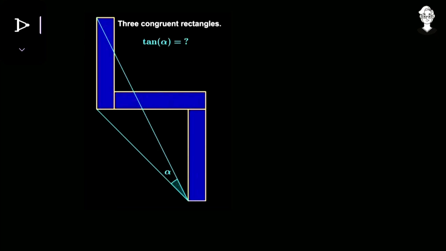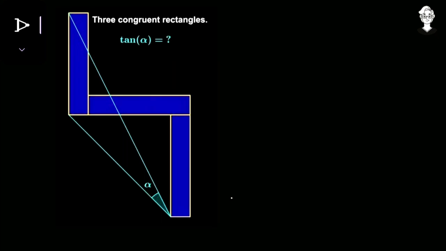are joined very specifically. It's not like they have joined just anyhow. See the specifications of how they are joined. Then and only then will we be able to solve for the value of tan alpha. Second point, it's already given that we have to find some kind of trigonometric value, that's tan alpha. So you can clearly make out that yes, a trigonometric method will be used while solving this question. So let us see the solution.